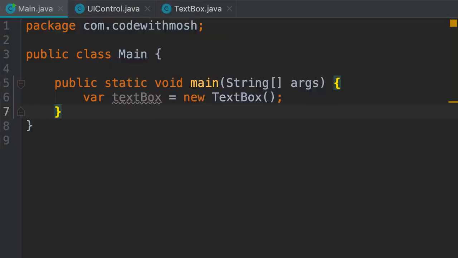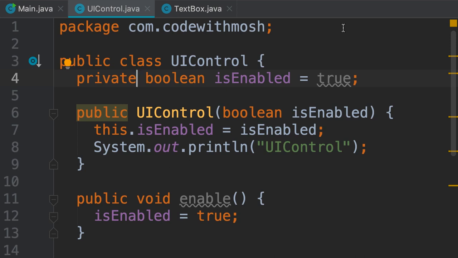In this video, we're going to take a closer look at access modifiers in Java. So you have seen public and private. You know that public members are accessible from outside of a class, but private members are not. For example, here in our UI control class, we have declared this field as private, so we cannot access it